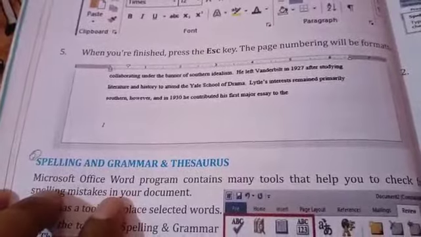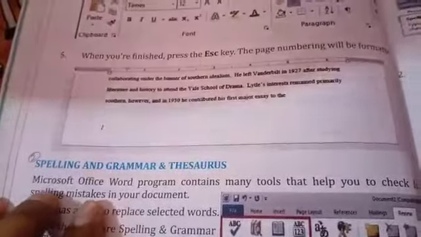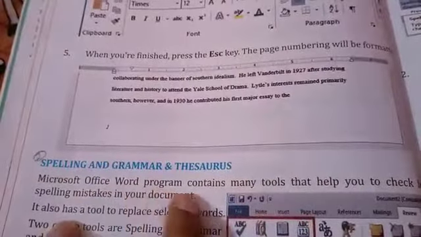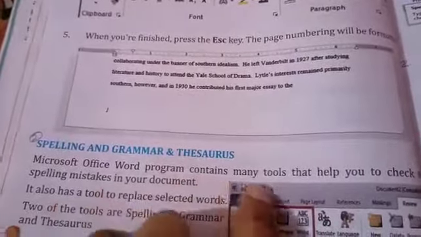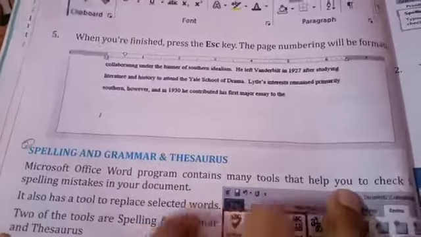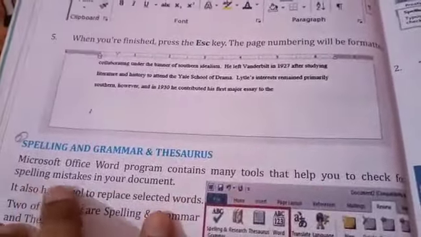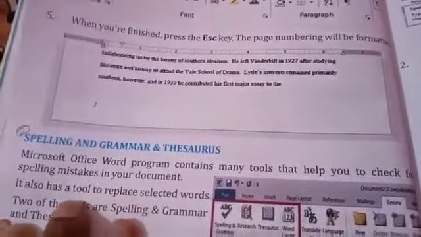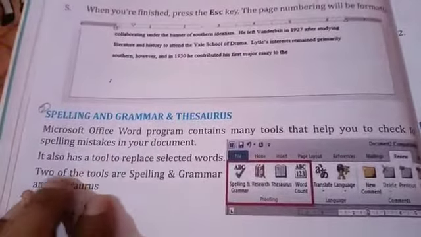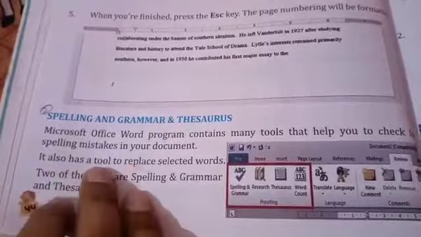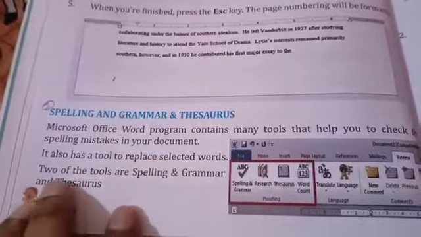Next is spelling and grammar and thesaurus. Microsoft Office Word contains many tools that help you to check for spelling mistakes in your document. It also has a tool to replace selected words.